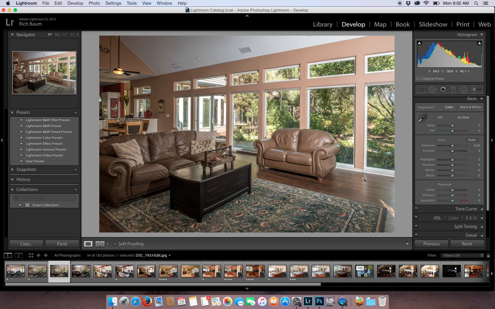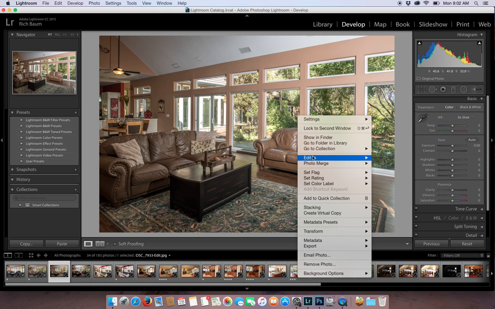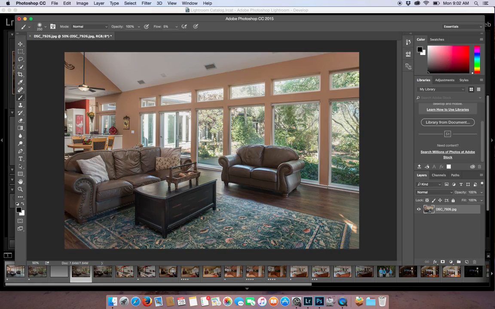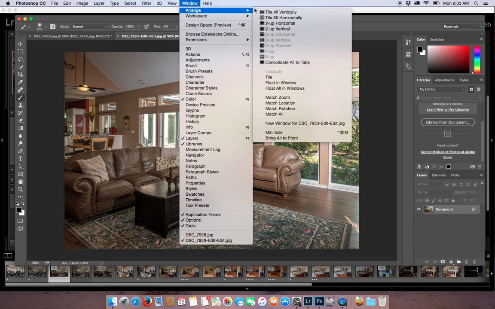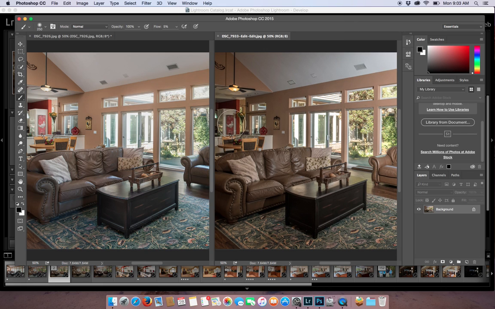So what this allows me to do is to just paint it in. So watch this, try and follow along. This really isn't a video on window masking, but you're going to see it. So I'm just going to right click here. I'm going to edit in Photoshop. Okay. And you can see with that SSD how quickly images go into Photoshop. So now I've got this image in here. Now I want to go up to Window, Arrange, Tile horizontally,